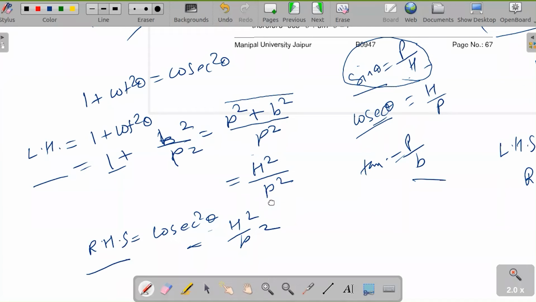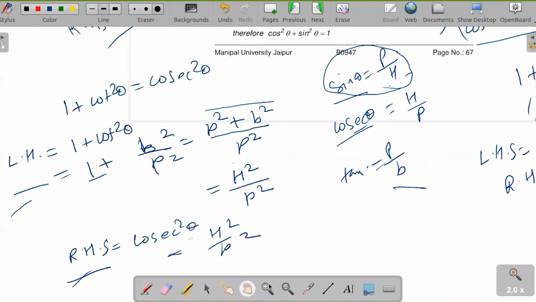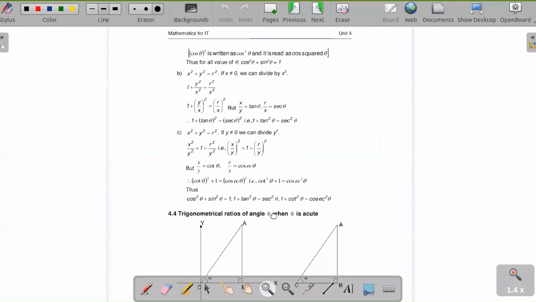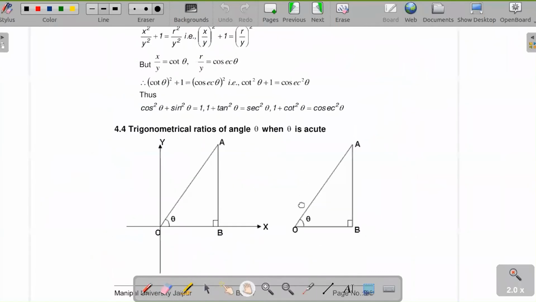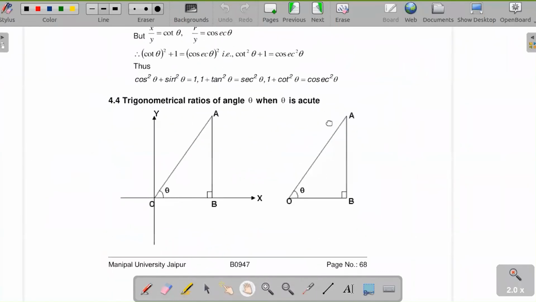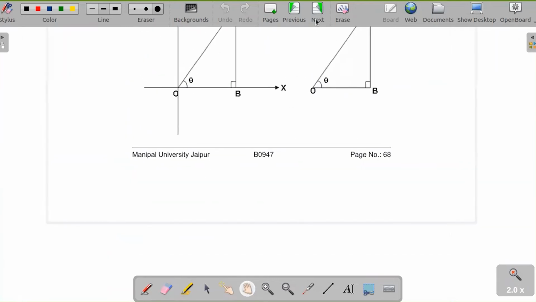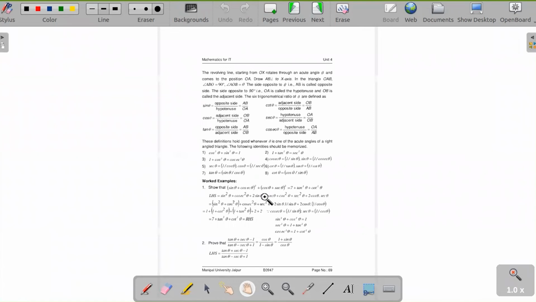Okay, please continue. So this is clear. This proof is now clear, everyone. Now go to the next. Okay, this proof is for tan cot. Now, what are the values of the angles? Okay, I think before the angles we have got some exercise.